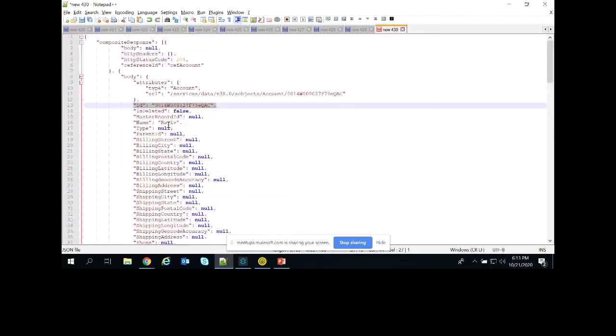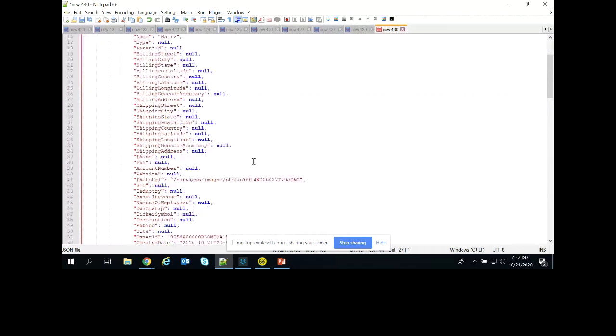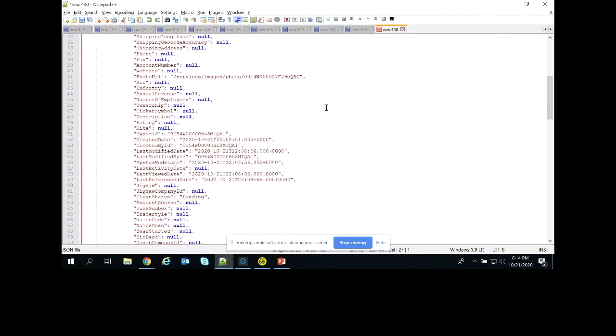So what it will do is send the data. Mule itself implicitly sets the data. We don't have to first insert the account object, then get a response, then pass the response to Salesforce and fetch the ID, then again create the request for the contact, put the ID into that contact request, and send it to Salesforce again.